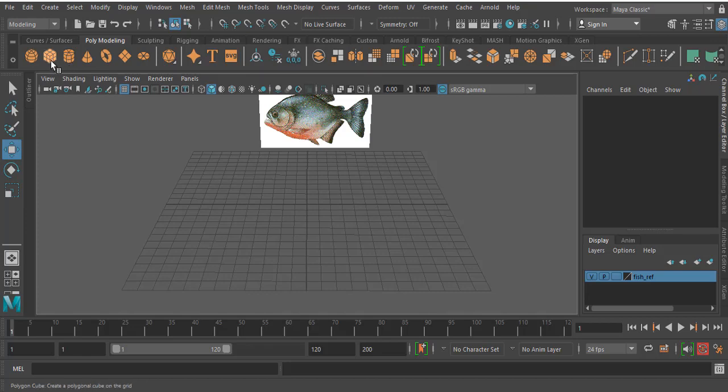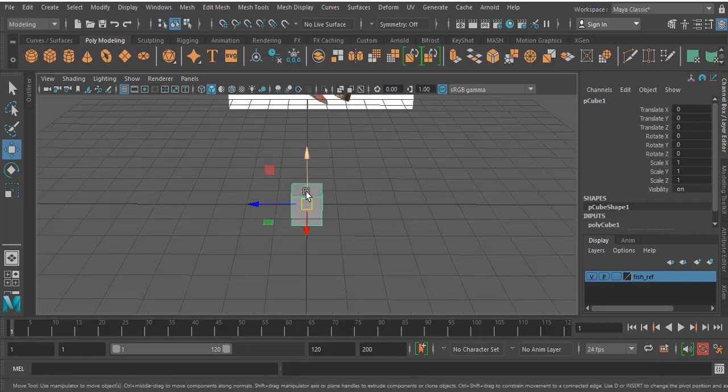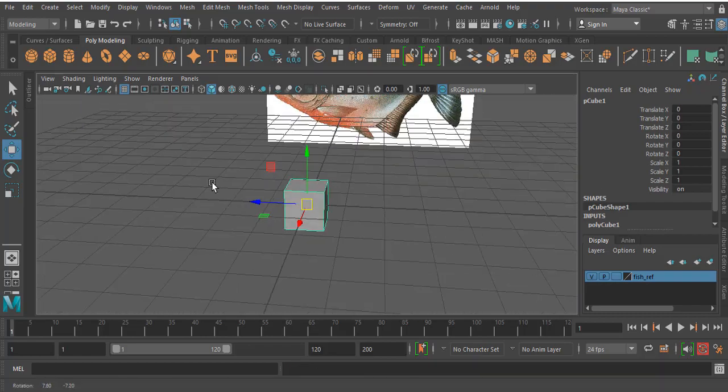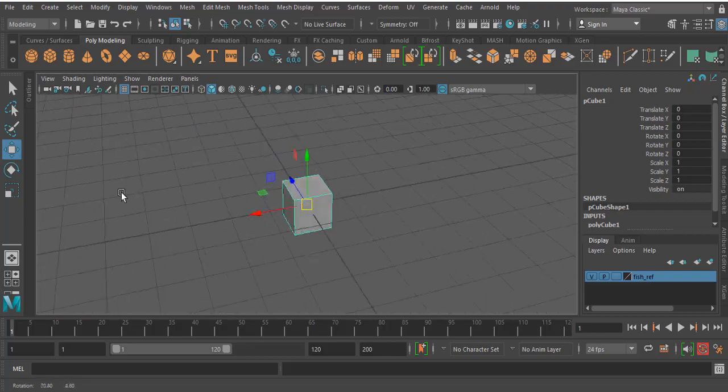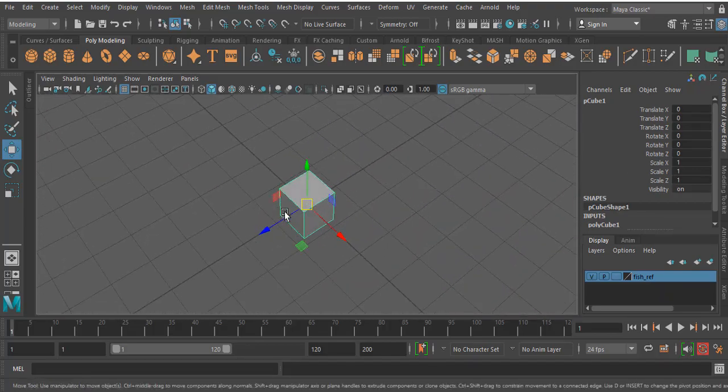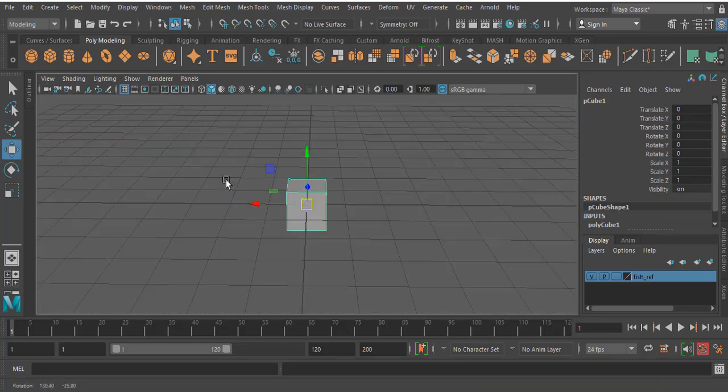So first I will do one thing, I'll just create this polygon cube, because for all these primitives you can see the triangle option is there. I don't want to create triangle faces in my polygon, so I just want to create one polygon model, I mean a polygon cube. Once I click this, it will create it at the center of the grid. Now you can see the polygon cube is available over here.